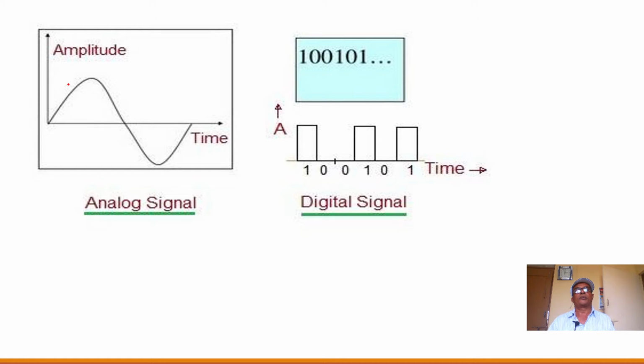In another type of circuit, that is digital electronics, the signals as shown in the diagrams are not continuous. For some time it is high voltage and it is called logic 1, while if the voltage is 0, then this is called logic 0. Here also the voltage is 0, so logic 0. Now here the voltage is high, so it is represented by logic 1. So in digital electronics we are using discrete steps, 0 for low voltage and 1 for high voltage.